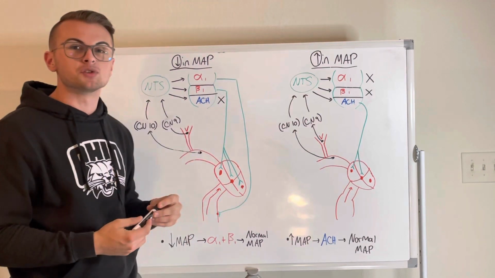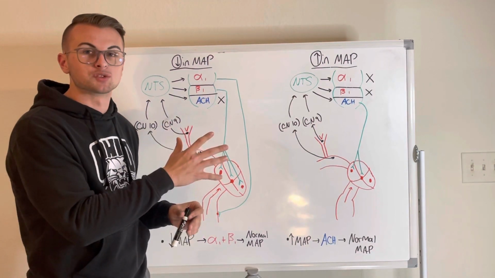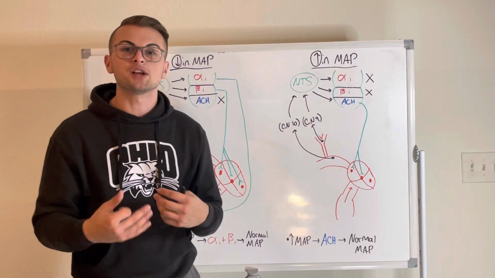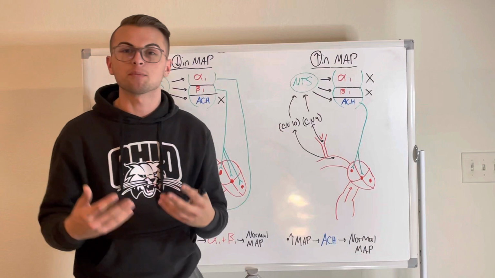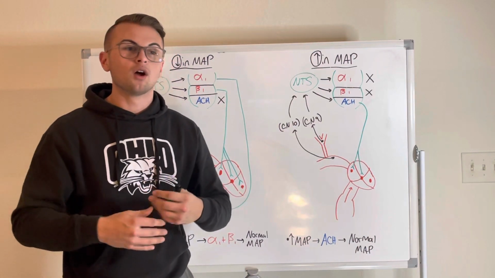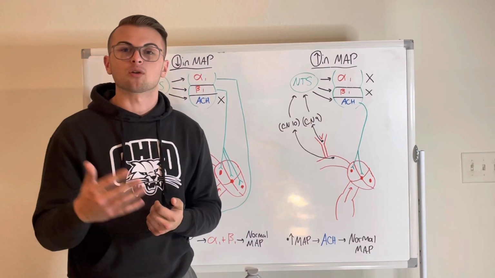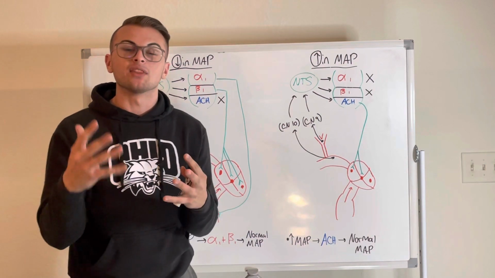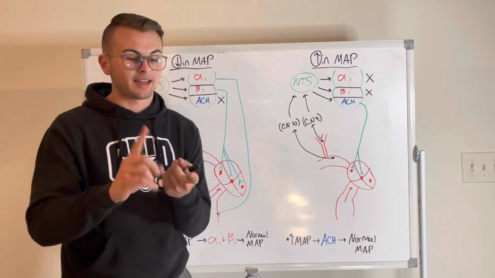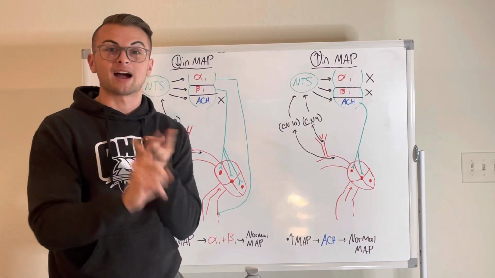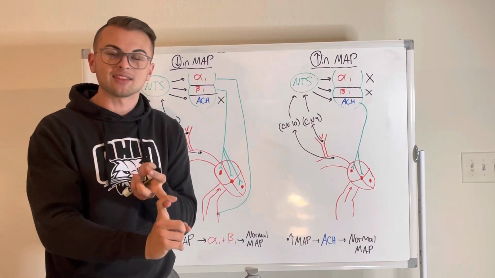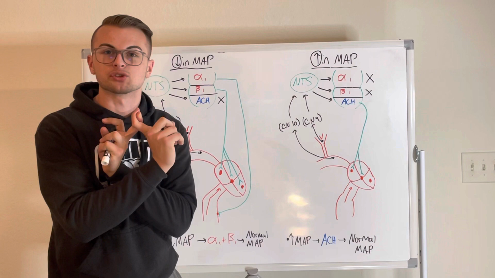Now, how can this be useful in our actual practice? Well, it can definitely work against us. Now, oftentimes our patients that come in with hypertension, they need to have their blood pressure lowered to decrease the risk of coronary events like a heart attack or a stroke or anything that involves hypertension. So what we do is we give them drugs like ACE inhibitors, drugs like diltiazem, verapamil, any calcium channel blocker, anything that has to do with the renin-angiotensin-aldosterone system,